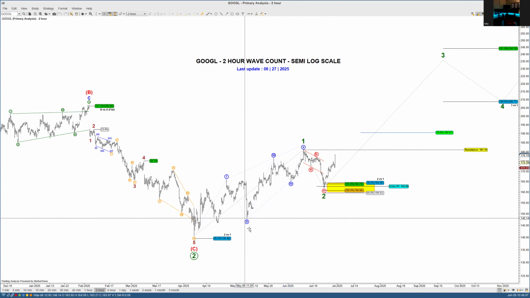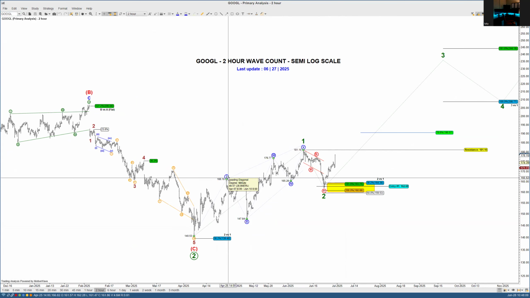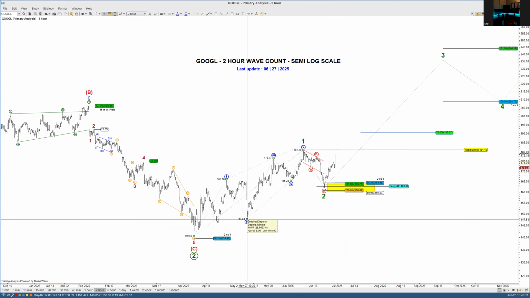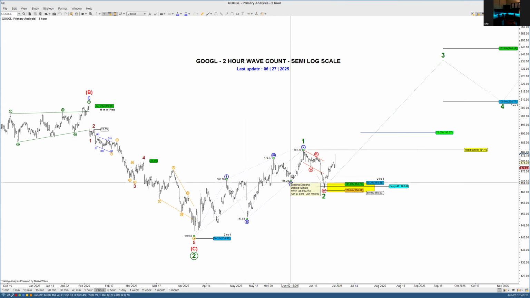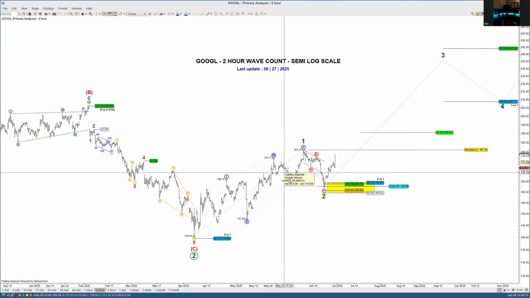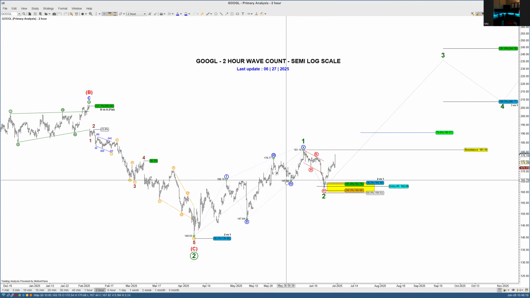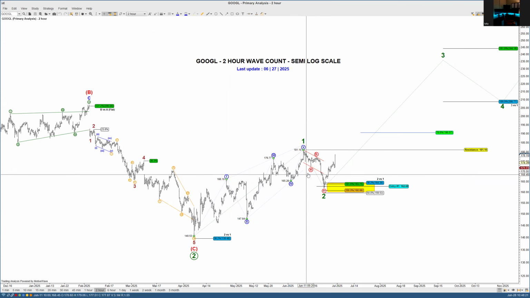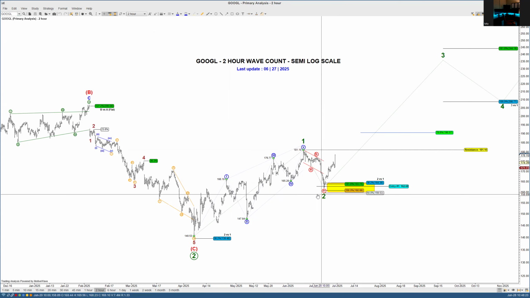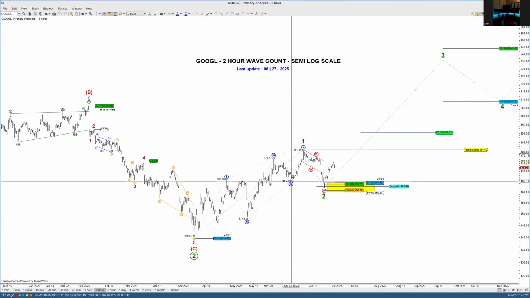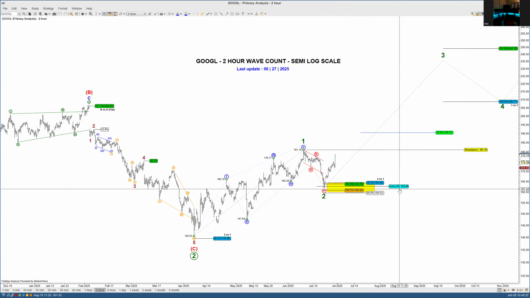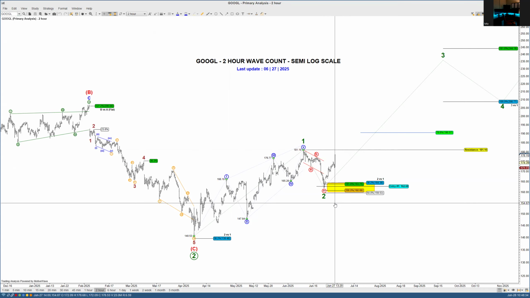It's a clear diagonal. 1, 2, 3, 4 with the overlap, 5. So very clean diagonal. After a diagonal, you always get a three-wave move back. Your prior downside is always going to be a prior fourth wave. Okay. And I have shares that we bought